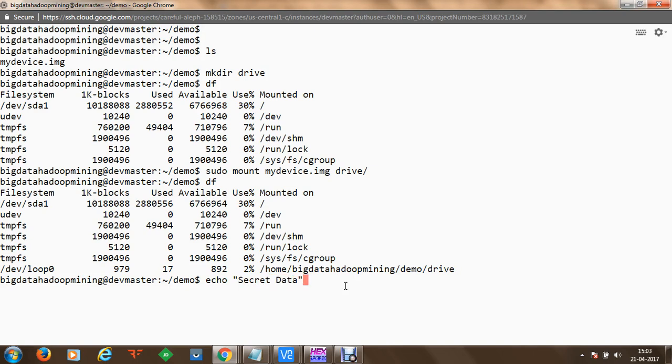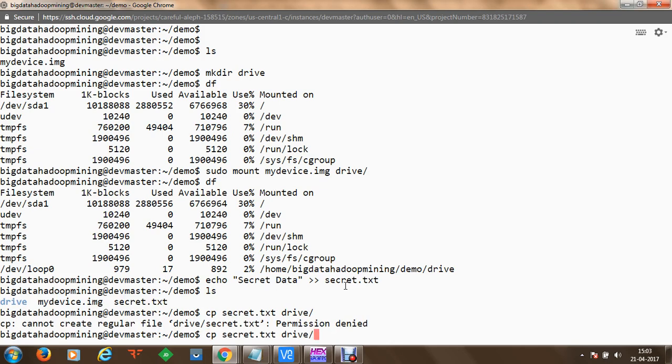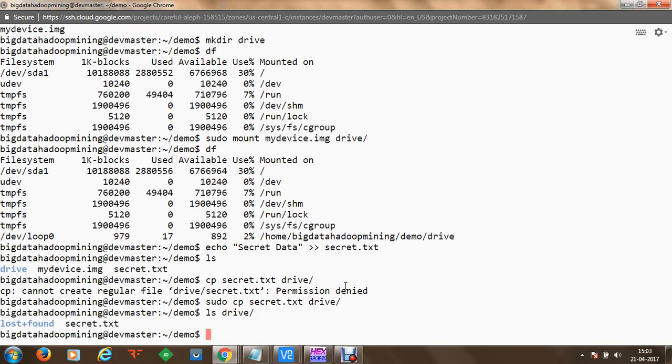I've created data known as secret, and I'm going to save that into a file known as secret.txt. So now I have created a new file known as secret.txt, and I'm going to copy this secret.txt into the drive. We are going to do that with sudo so that we have permissions available. And now if we perform ls on this drive, you can see that secret.txt is available.